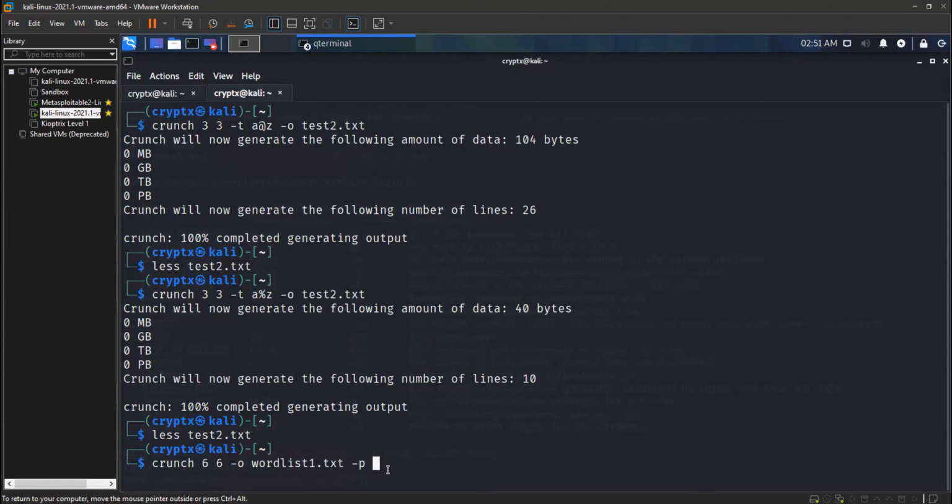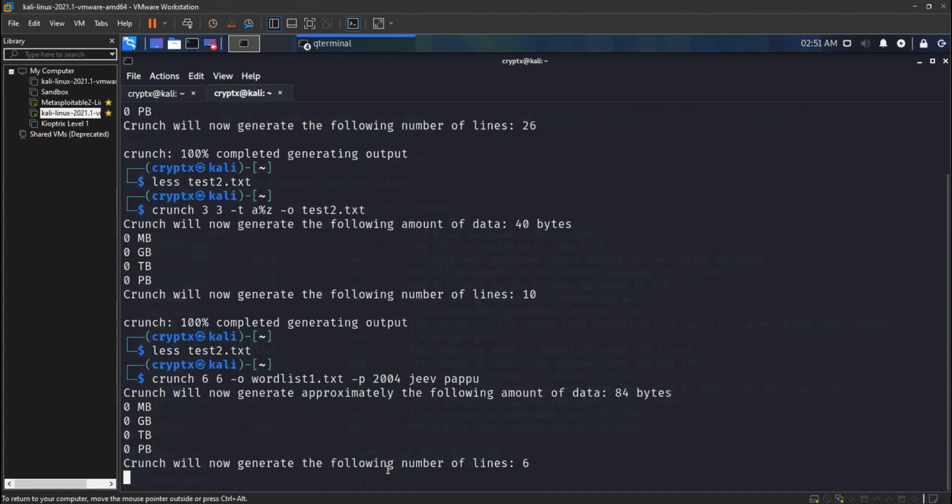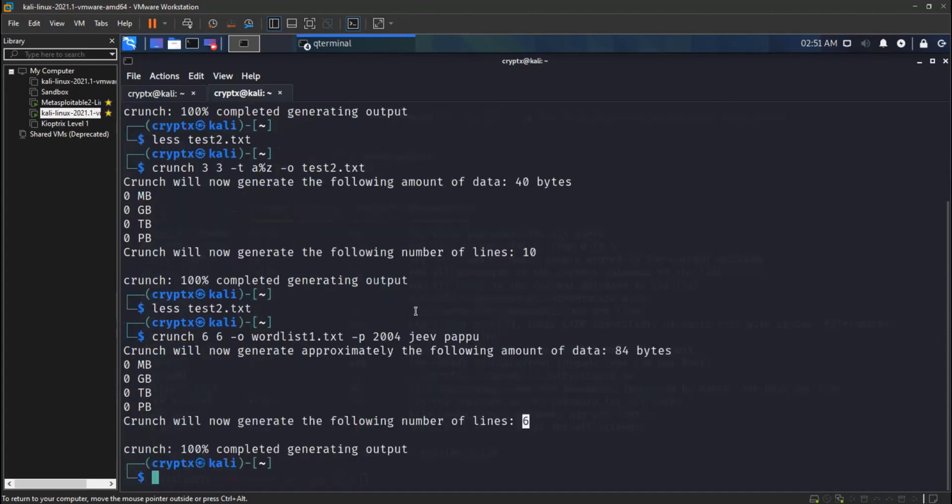So -p will enter, and then we'll enter words, like we know 2004, and then we know the name, which is Jeev. We know his other name, which is, let's just take it as random words. If we know these three things, and then if we press enter, it will say it generated 3 lines. So basically what it'll do is it'll use these 3 words and mix them up, and then it generates.